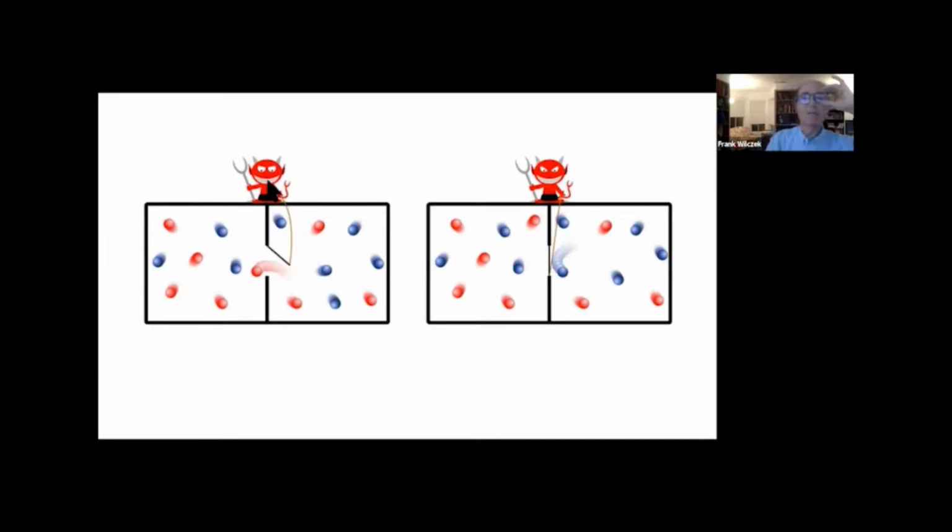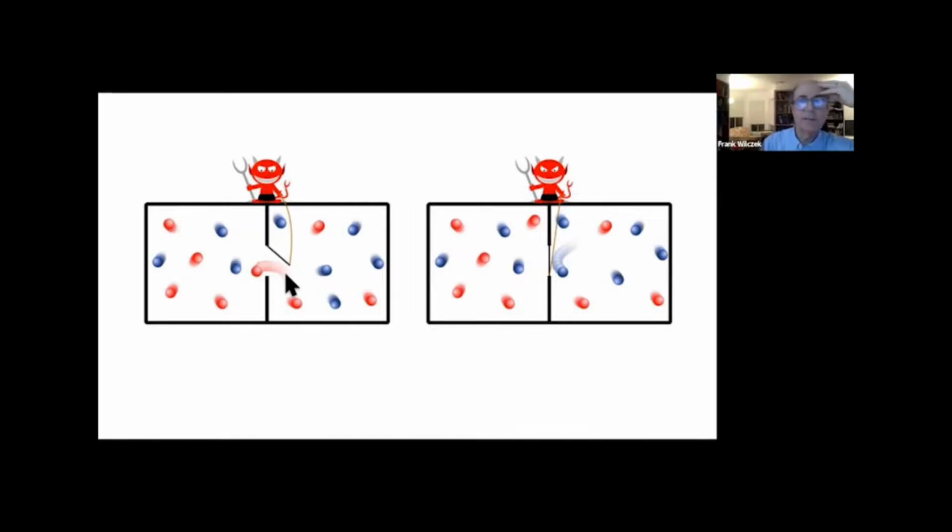So Maxwell's demon was an imaginary being that was empowered to violate the second law of thermodynamics. The second law of thermodynamics basically says that heat always flows from a warmer object to a colder object, not the reverse. But if you had a demon that allows